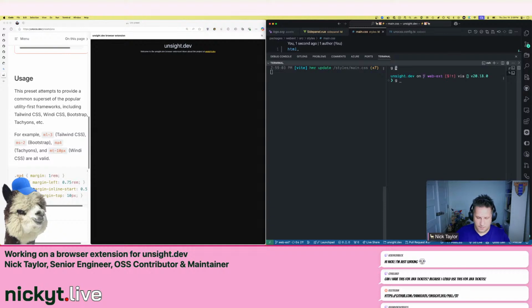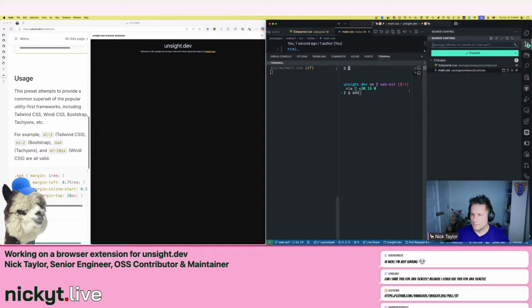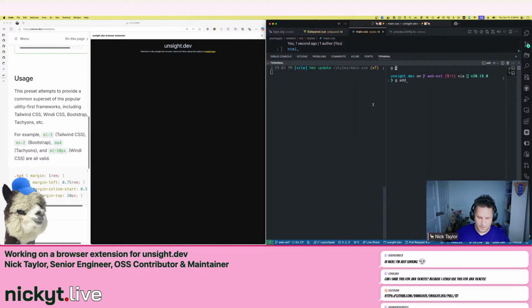Git add. Wait, what do I got in here? Side panel and main. Okay, yeah, that's right. Cool. So git add all of them. Git commit added some base styles and